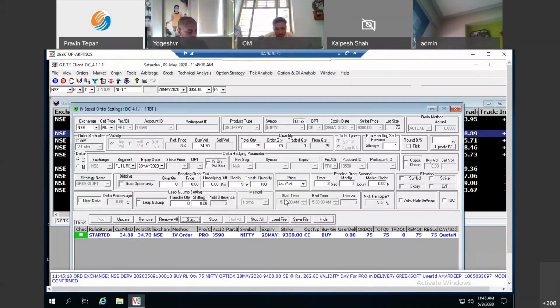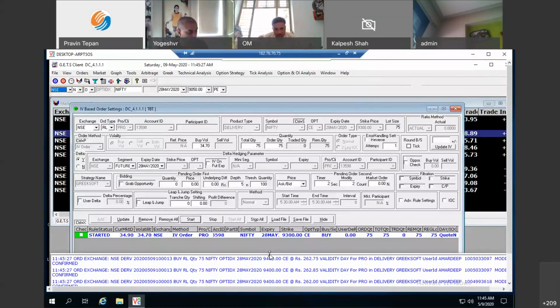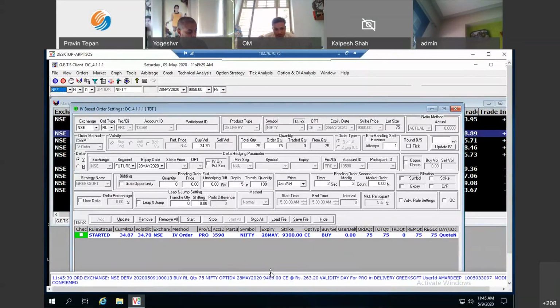Okay. So now it has started bidding in the market as per 3470. There are a couple of biddings which are happening. One is at 94, one is at 93. So you would be able to see down in the screen, it is bidding in the market and it will get executed as per the mandate.